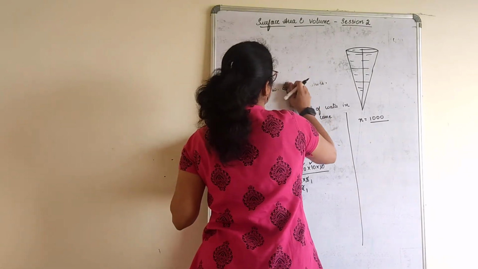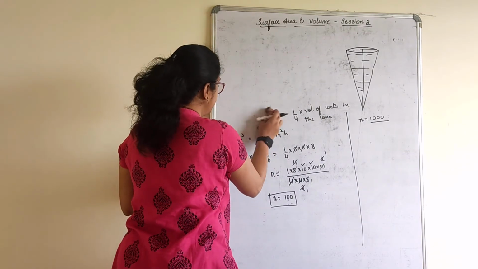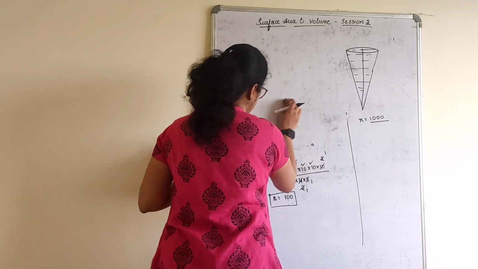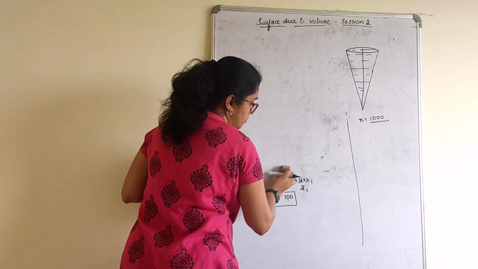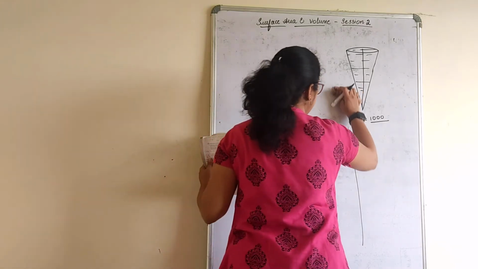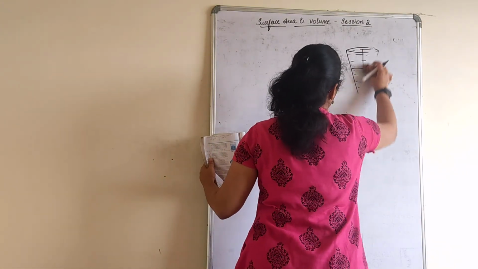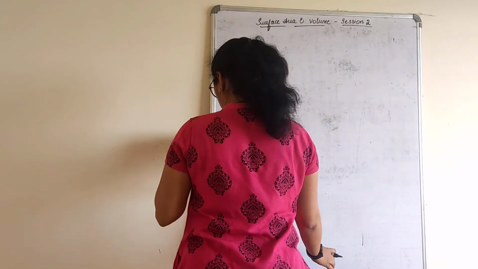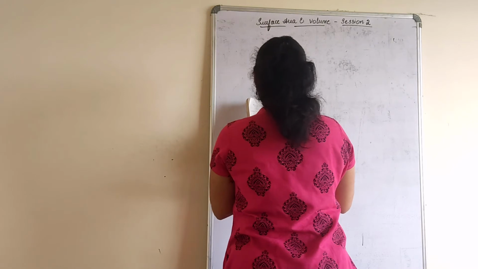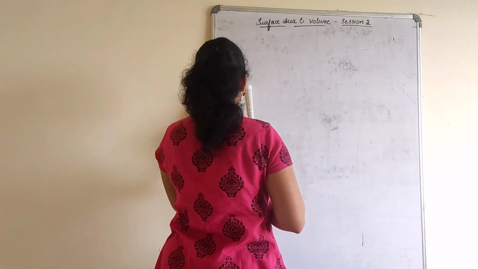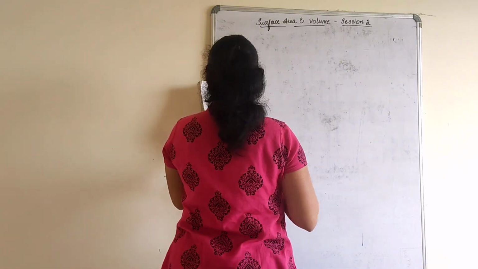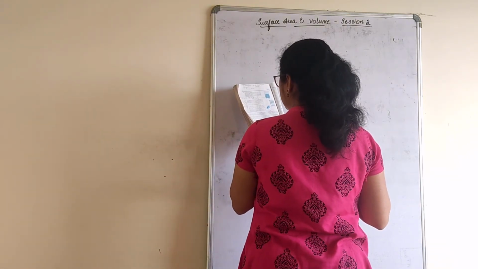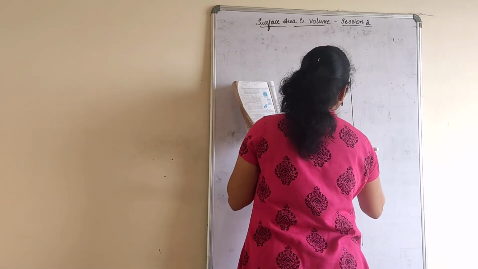Next one, 6th one. Volume sums are simple because there is only finding total volume, but a bit more calculation sometimes. And the figure is very important to draw in these sums because it is a combination of solids. You need to understand first what is given and how. A solid iron pole consists of a cylinder of height 220 centimeter, which is surmounted by another cylinder of height 60 centimeter and radius. So, this is the solid iron pole.